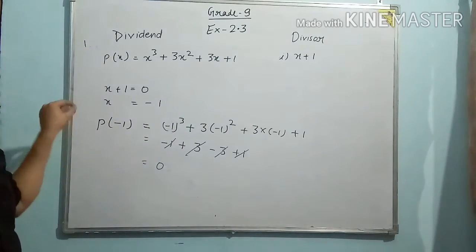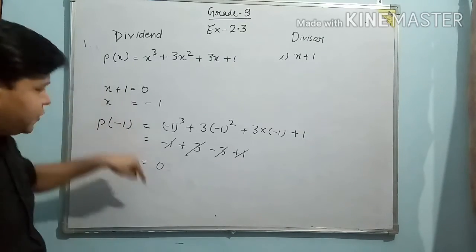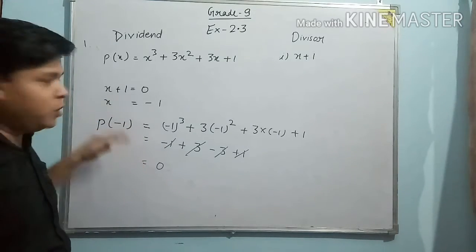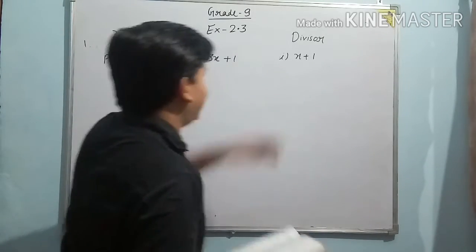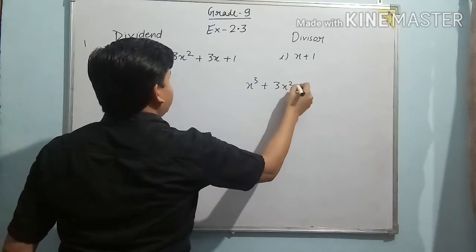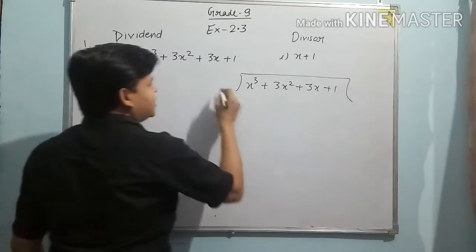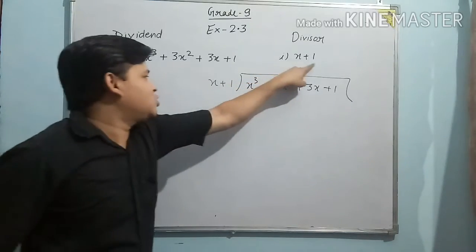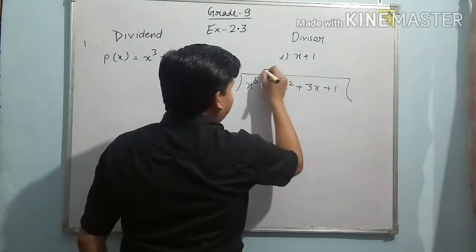Right? So this was the solution of its first part, but I am showing you the same thing by another method, that is by the division method. As we have seen here that the remainder is 0. For this exercise or for this chapter you have to use the same method, but I am showing you only a different method. Let us divide this given polynomial by x plus 1. So let's take x cube plus 3x square plus 3x plus 1. This is only to make you understand. So we are dividing the given polynomial by x plus 1 directly as we divide numbers. So this will be x square times.